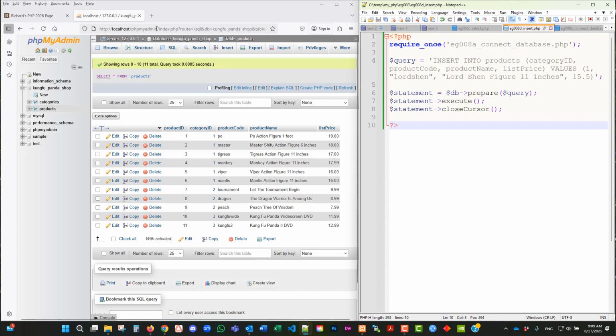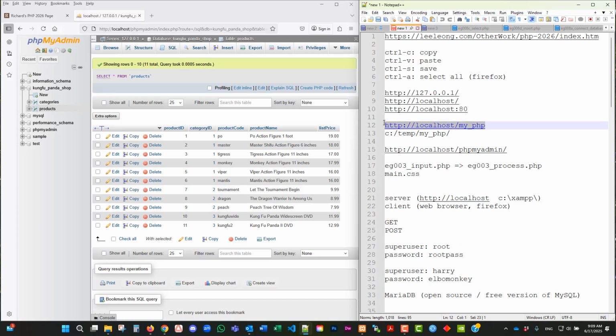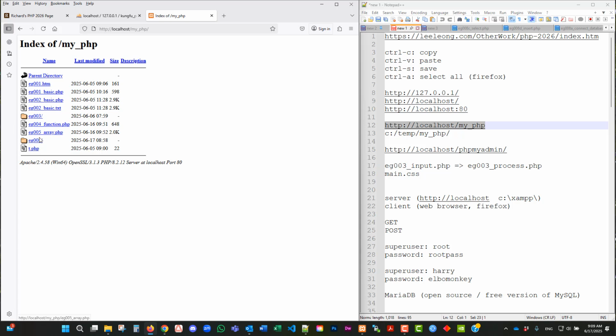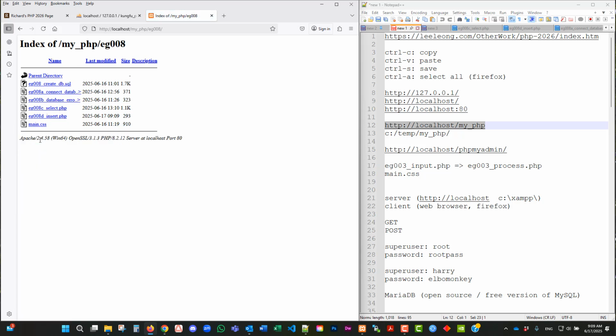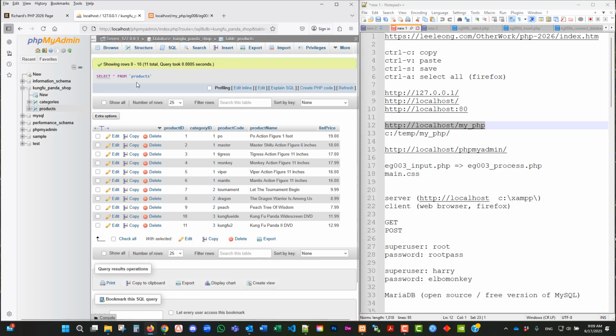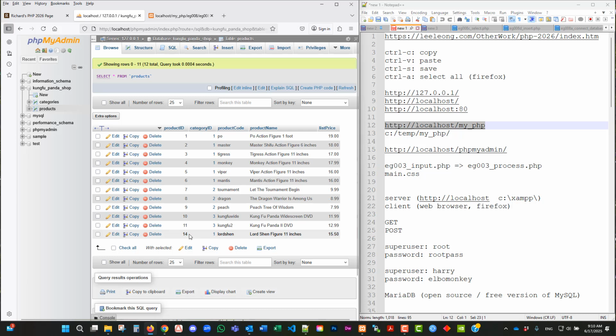Control S to save. And then we are going to our typical browser here. Type in the URL localhost myPHP. Go to example 008 and look at the insert. Nothing happens, nothing shows here. But if you come over here and reload, you get a new logchain inserted here, 14. But you cannot insert another logchain